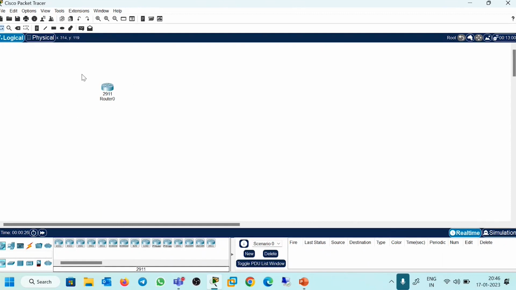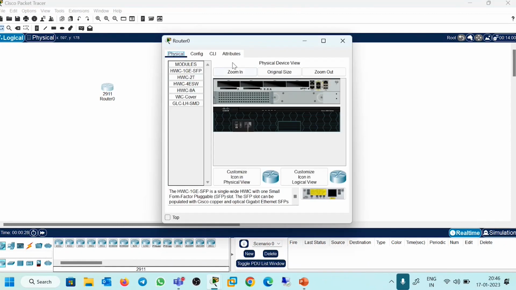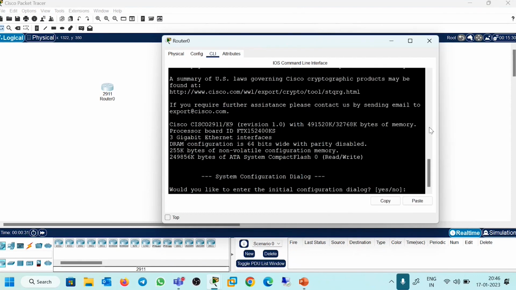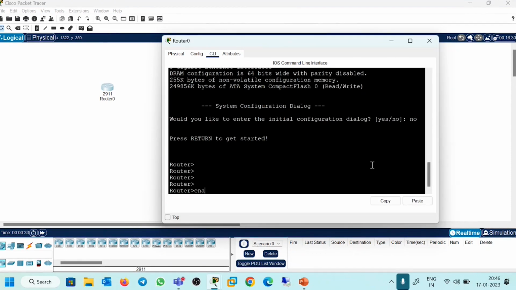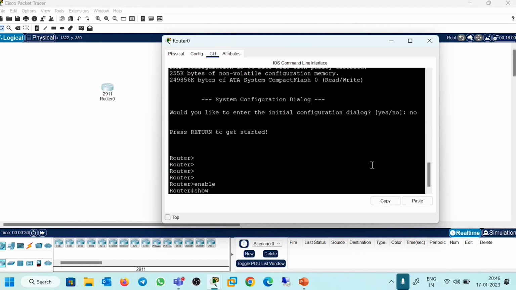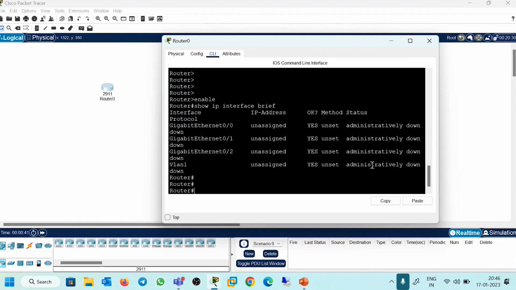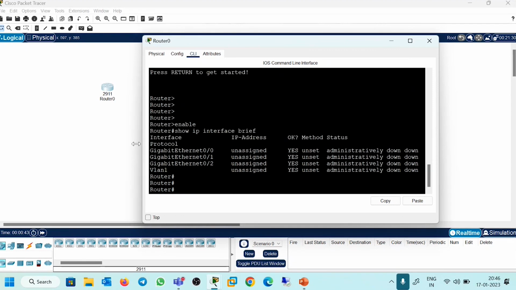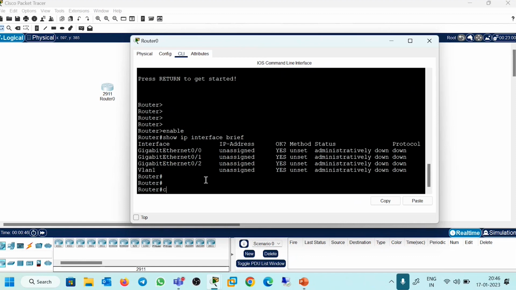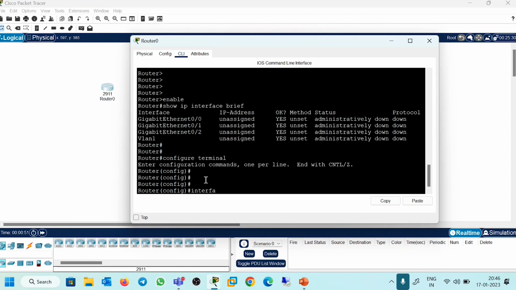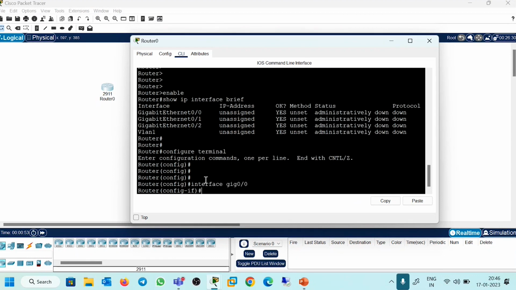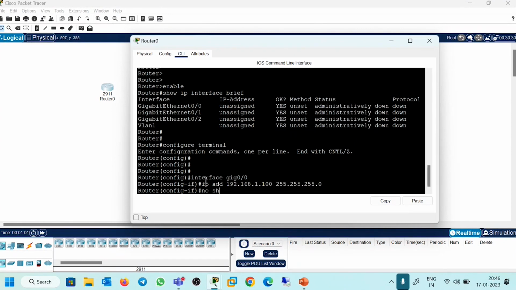So see, guys, here this is a router which I'm taking on Packet Tracer, and I want to show you something. I'm going to use one command, enable, and let's verify with show ip interface brief. As you can see, I have three interfaces: gig 0/0, 0/1, 0/2. So I'll go into global configuration mode, select interface gig 0/0, and say ip address 192.168.1.100/24, no shutdown,